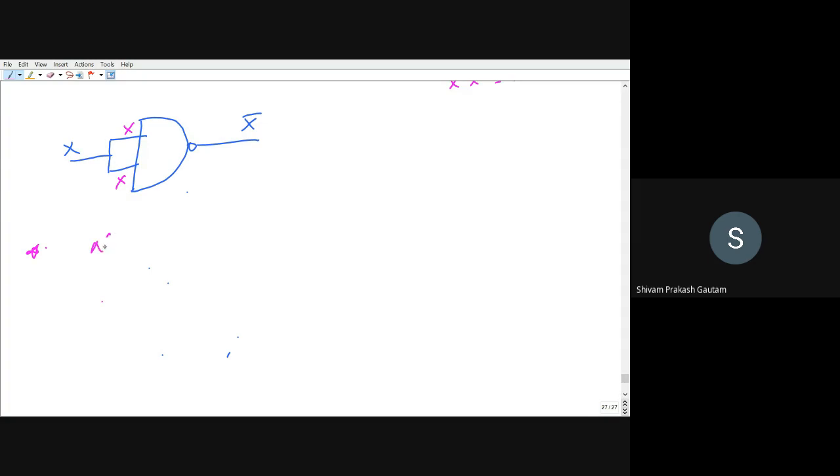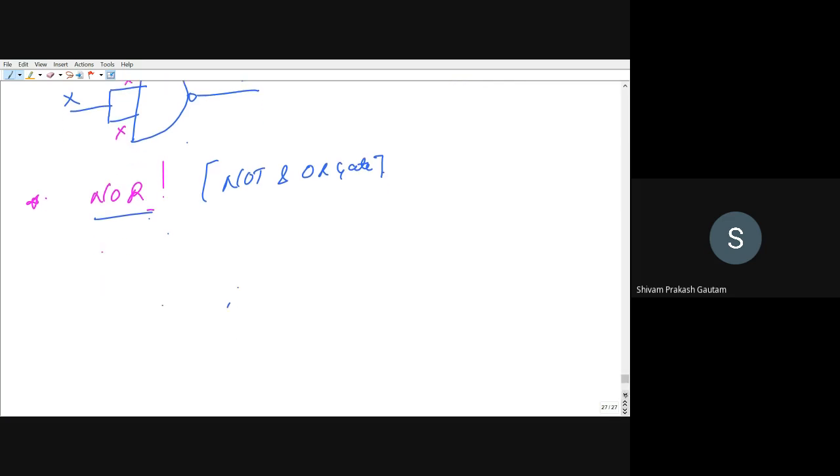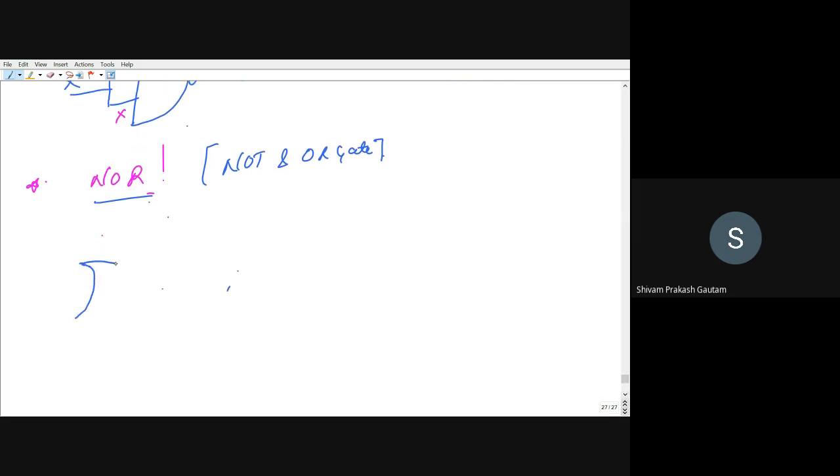Now we will see the NOR gate. Similar to the NAND gate, which has been made from a NOT gate and an AND gate, the NOR gate is made up of a NOT gate and an OR gate. The input is A and B. You can apply a NOT gate and get A plus B whole bar. So at the intermediate stage, its output will be A plus B, and finally the output will be A plus B whole bar.